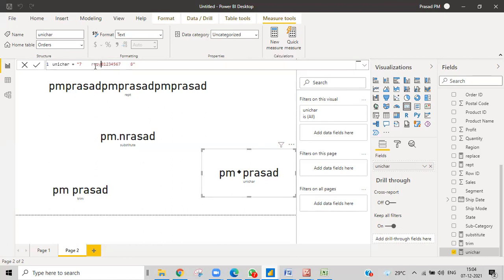Repeating, repeat, and then like this function, and then the X, we will write X or star, whatever you want to keep, and then comma, and then length of that particular thing will give you how many times you want to repeat that.